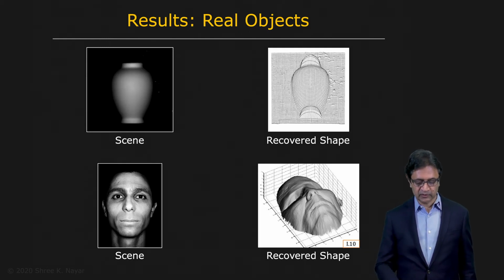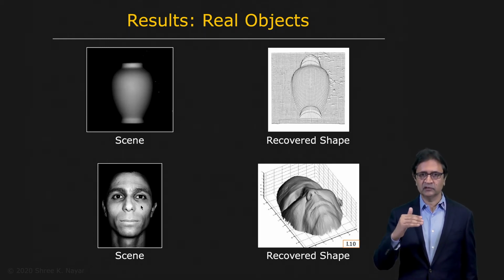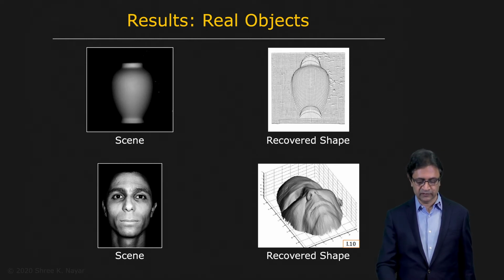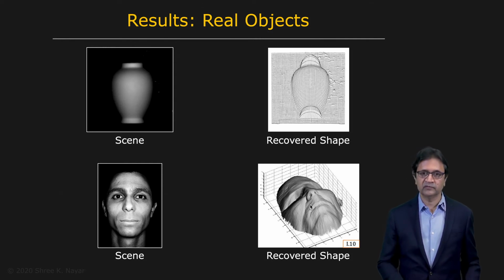And here's another example of a human face. And in fact, shape from shading algorithms have evolved quite a bit and now can also handle albedo changes or reflectance changes over the surface, which you can see in the case of the eyebrow area, say, for instance, here, but you end up with a fairly nice reconstruction.